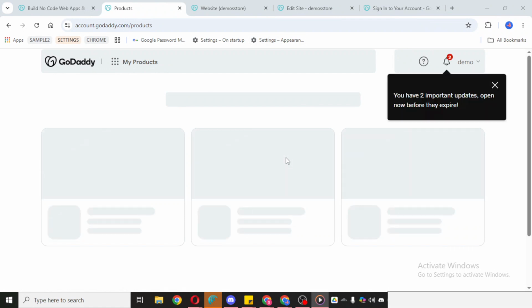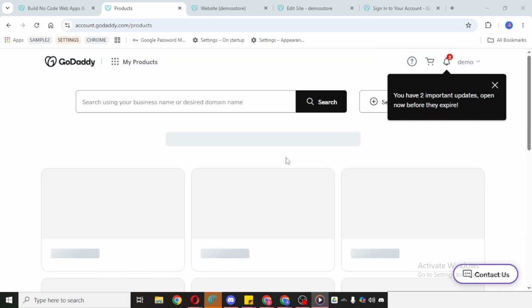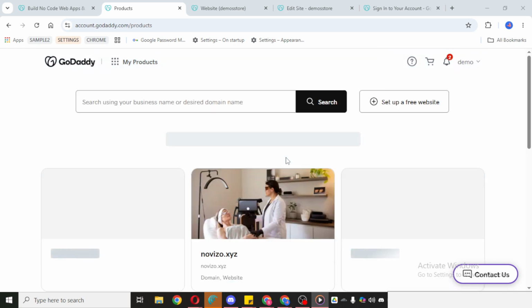In today's video, I'm going to teach you how to create marketing emails in GoDaddy. To get started, open your GoDaddy account and make sure you're logged in. Once you're inside your account dashboard, look for your profile area. This is usually where you can access your account settings and the products connected to your GoDaddy account.